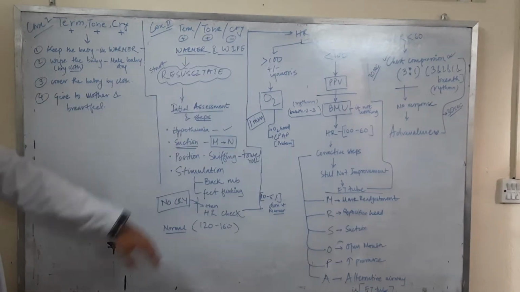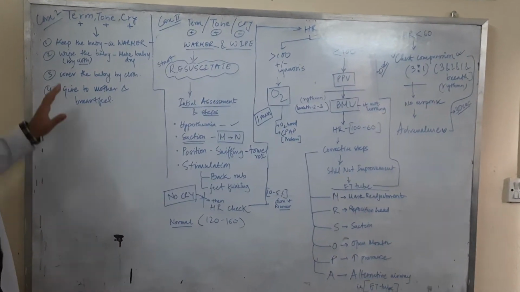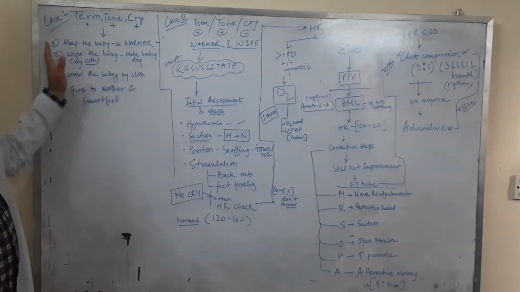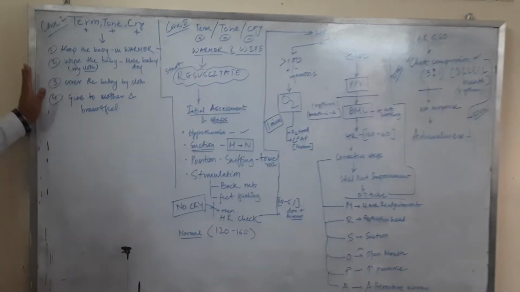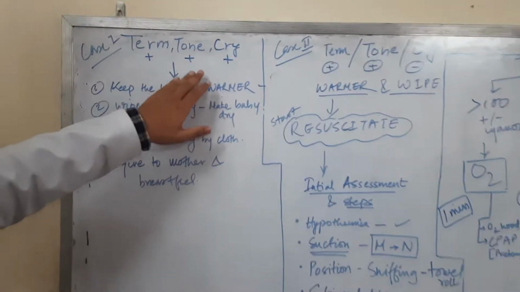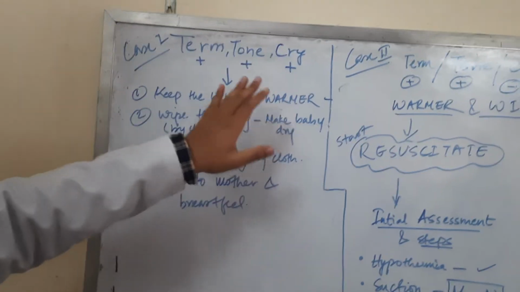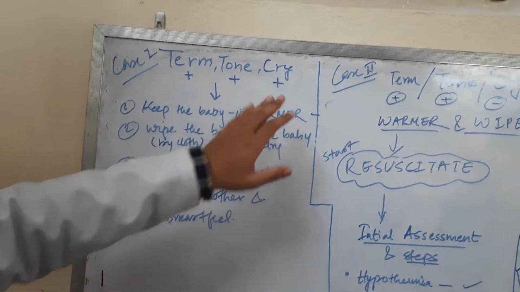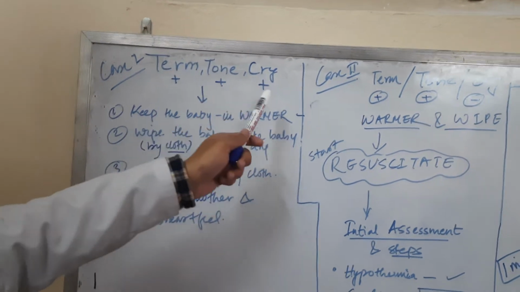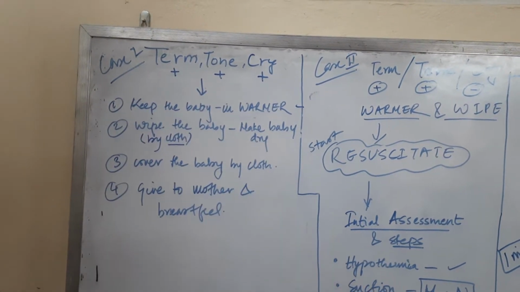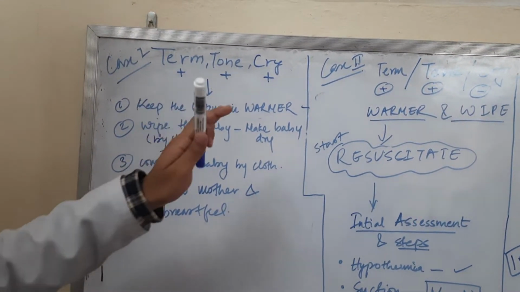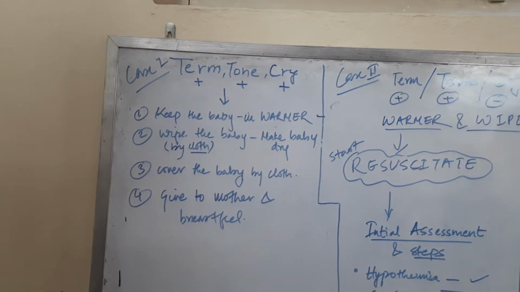This is the basic scheme of neonatal resuscitation. First scenario: the baby is a term baby, has a normal tone, which is also known as vigorous tone, and the baby is crying normally. Then in such a case, there is no need to initiate neonatal resuscitation. So our step would be routine normal newborn care.